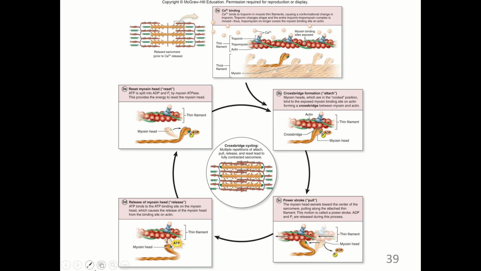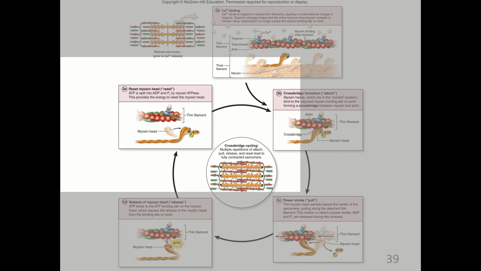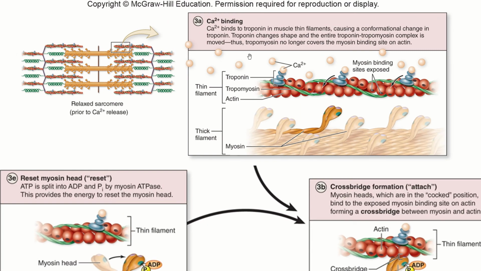This illustration shows the cross-bridge cycling. In the first step of cross-bridge cycling, the calcium ions must bind to troponin, changing the shape and then moving tropomyosin away from the binding sites. The binding sites are now exposed to myosin, my apologies. Myosin is in the activated state at this time. Once calcium binds to troponin and the tropomyosin no longer covers the myosin binding site on actin,